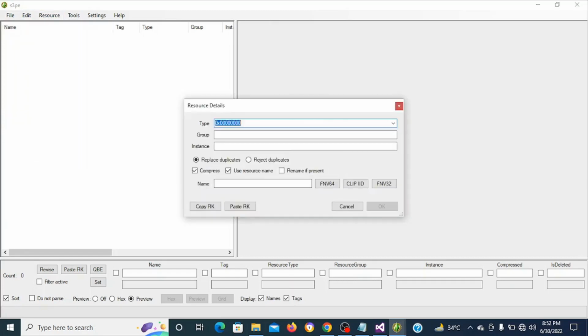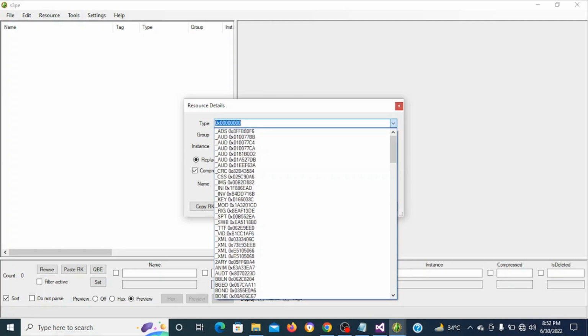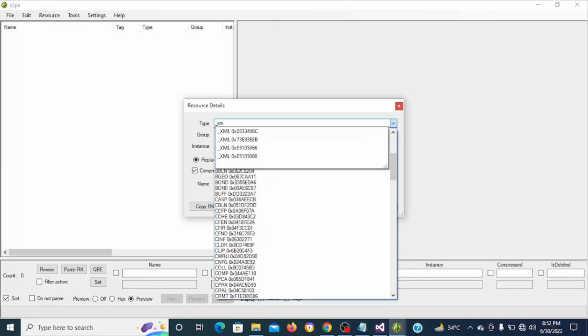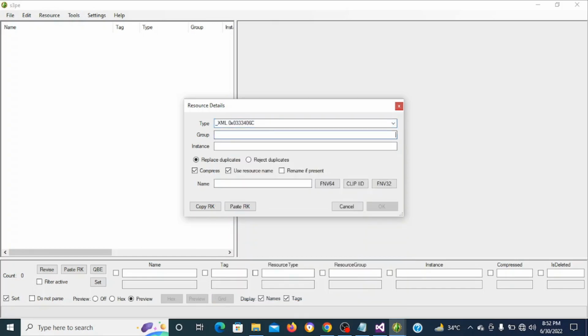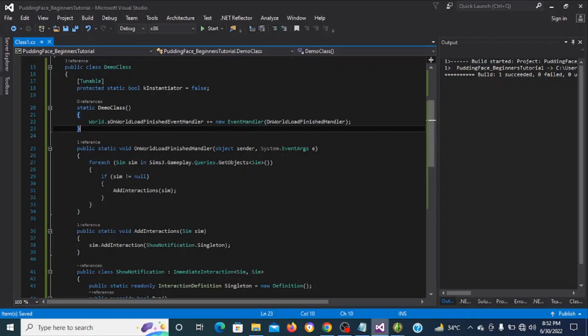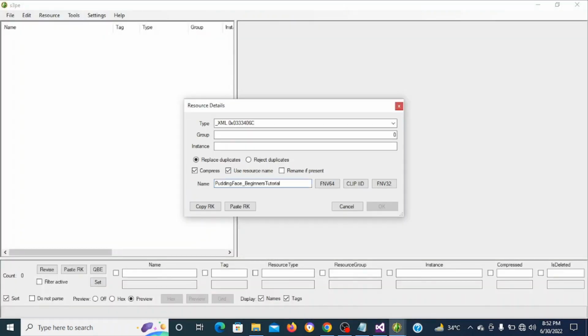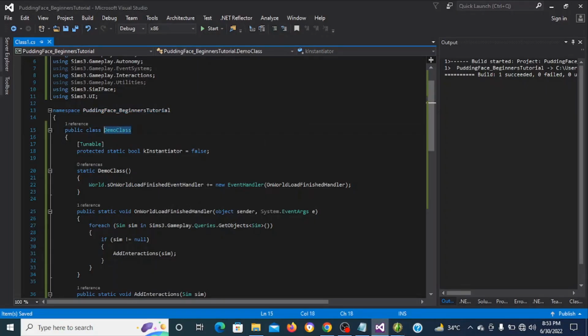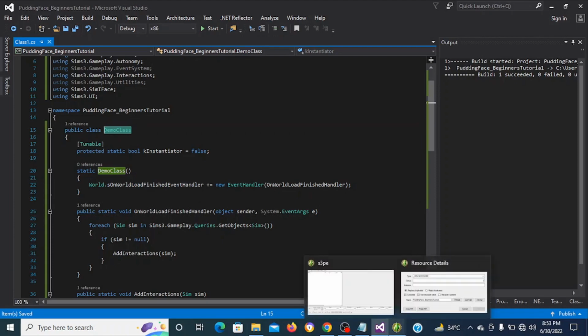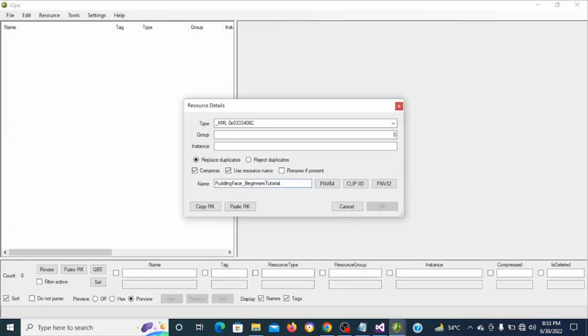Make sure that you pick XML 0x0333406C, and in the name select the namespace name. So in my case, pudding face beginners tutorial, and then dot or period class name, which is demo class. You will use your own namespace and class name with whatever that is in your project,